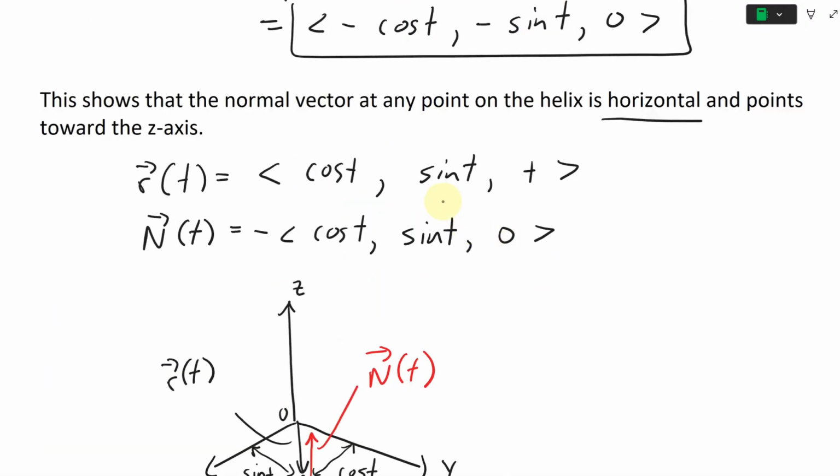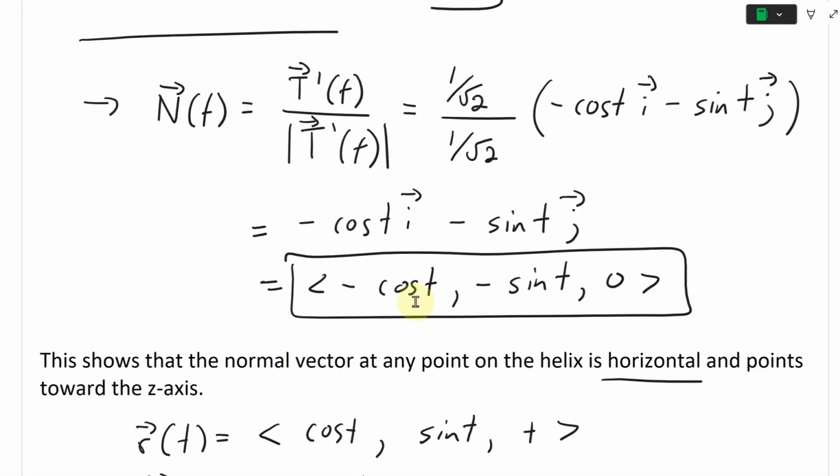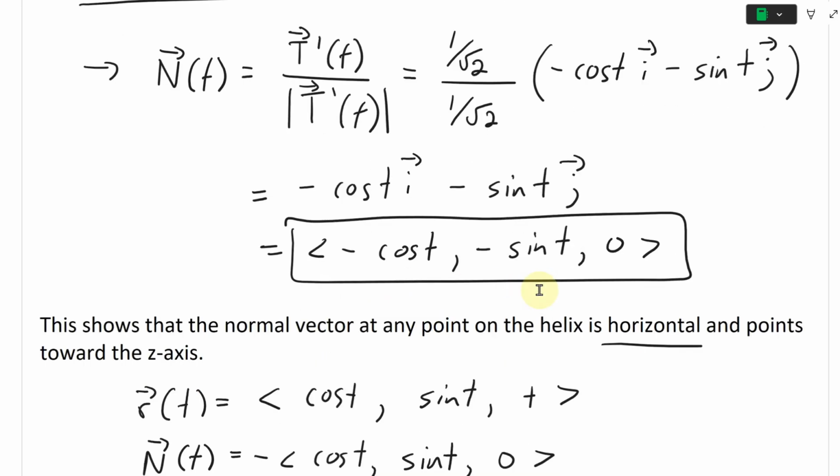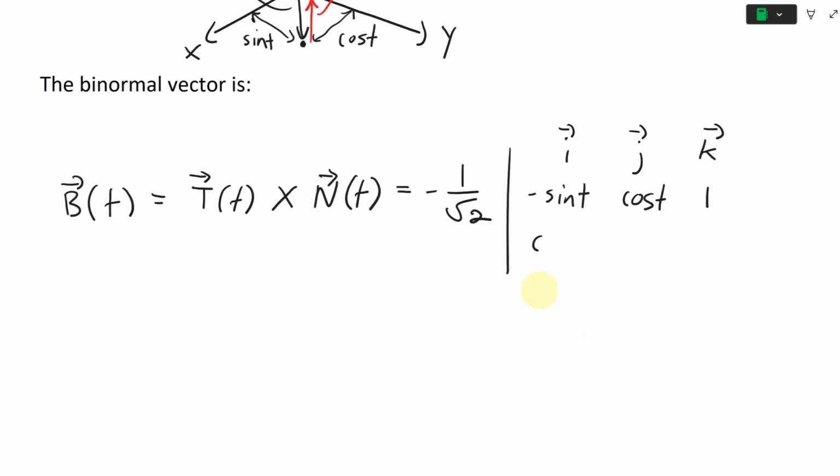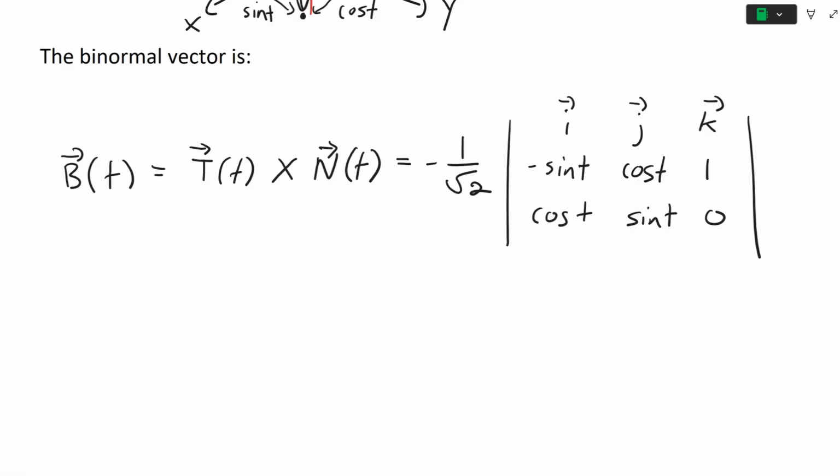And then this one here, because we took the negative out of this normal vector, is going to be cosine t, sine t, just to make it easier on us, and then the next one's 0. So we do that. Now this equals, again using the method, we cross out those, multiply these two, subtract by these two. So that's going to be, I'll put this 1 over square root 2,